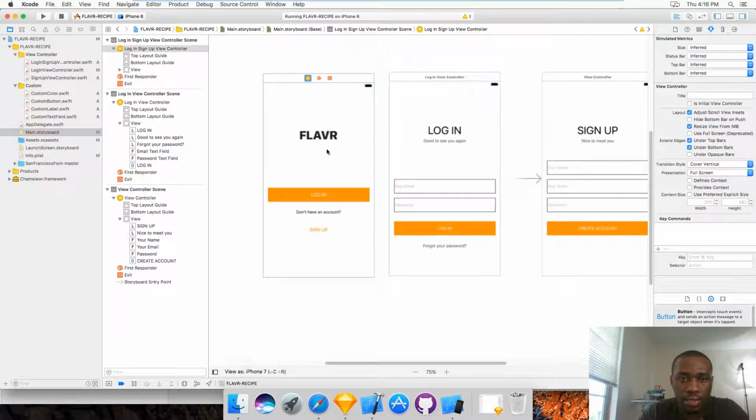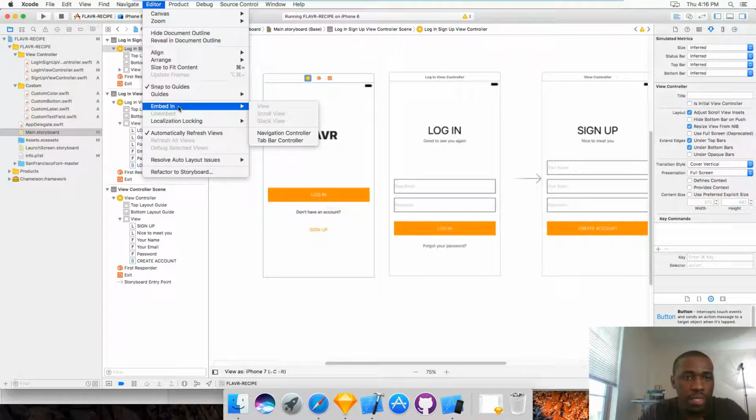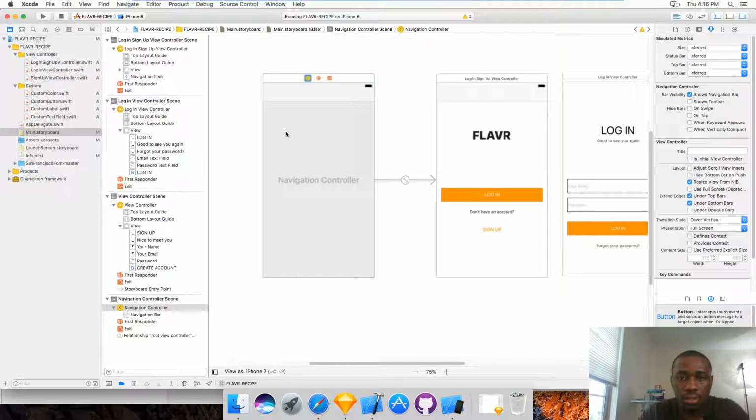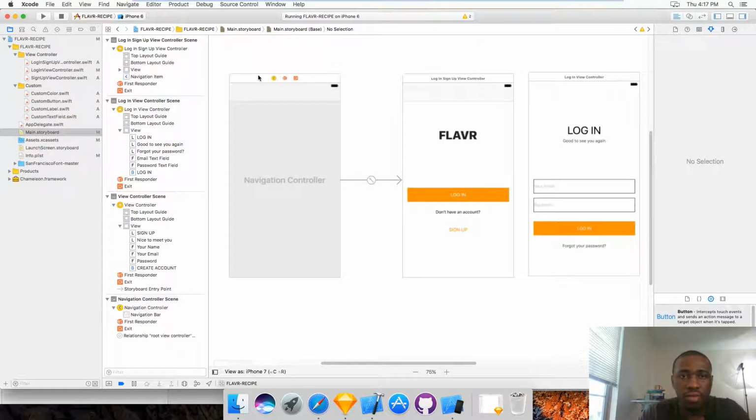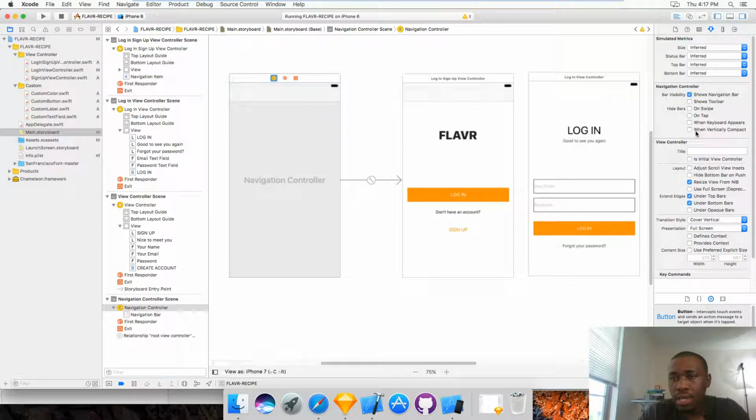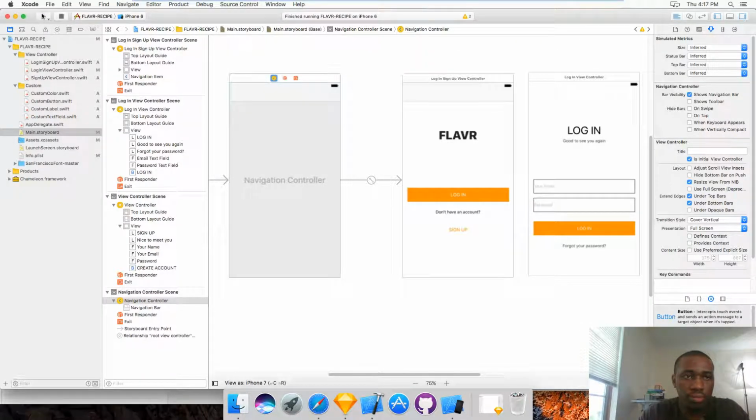So since this guy is going to be the main navigator, I'm just going to select him right here, and then I'll go to the editor and I'll say embedding, and I'll select navigation controller like that, right? So this navigation controller appears, and now it's holding this FLAVR screen. So I want this FLAVR screen to be the first one. So I'm going to select this navigation controller right here, and I'm going to make it the initial view controller, right? So that if I run it like that,